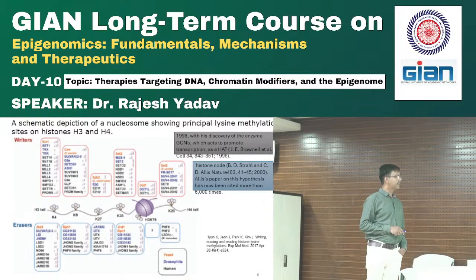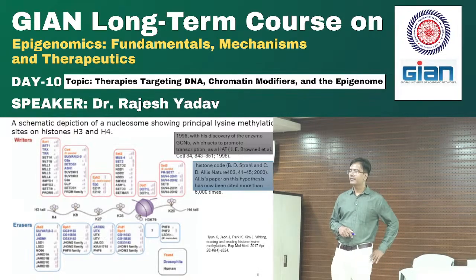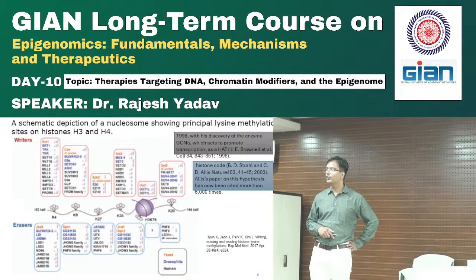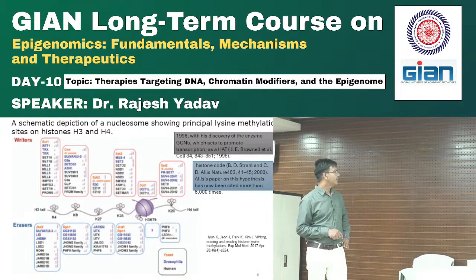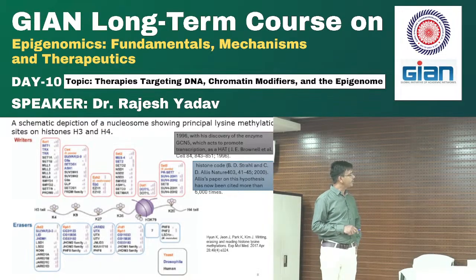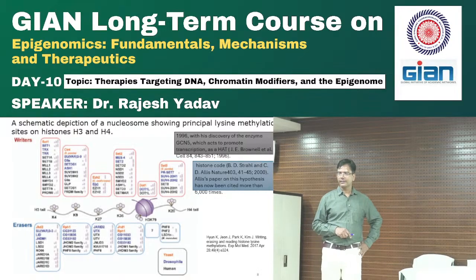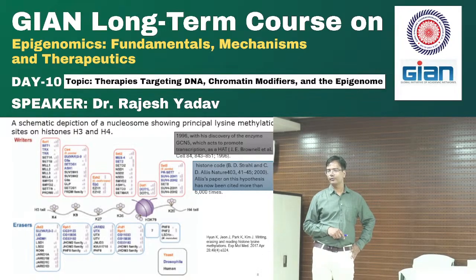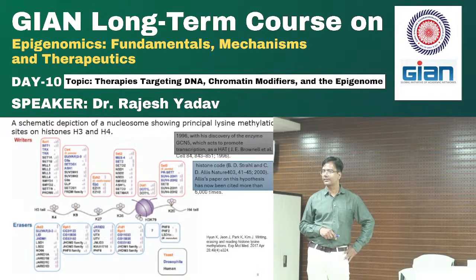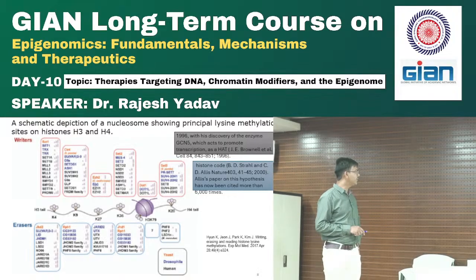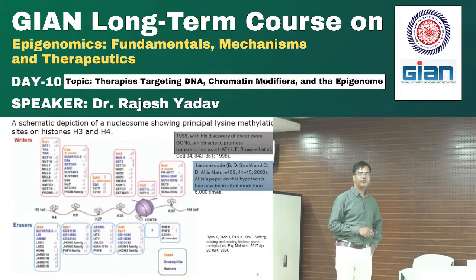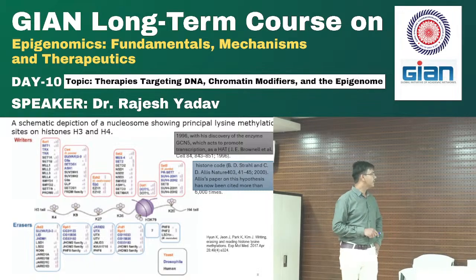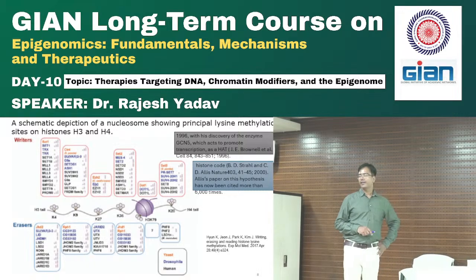Sir, you showed that K9 trimethylation in the previous slide is important for tumor. Now I'm going to cure the tumor because I found K9. So now you go for designing experiments, you have so many enzymes doing the same thing. So somebody says, right, I'll design the inhibitor. Sir, it is going to affect other readers and erasers. Of course it's going to affect because the same enzyme is doing the same thing. So the biggest problem in all this is to find out the specificity, because I'm just talking about K9